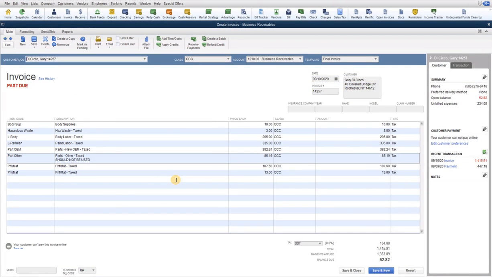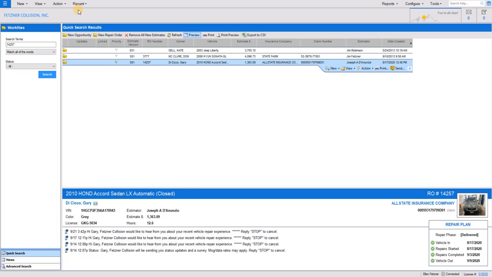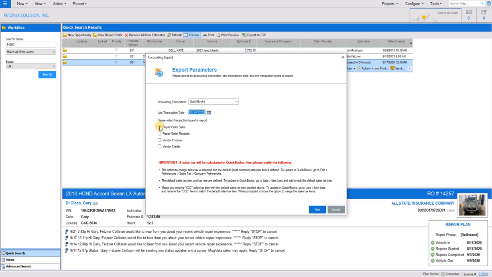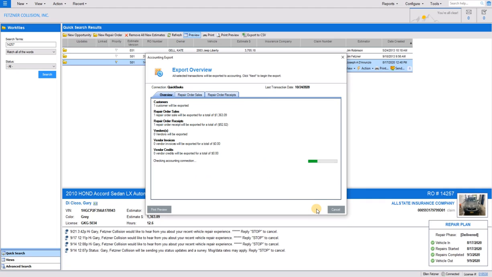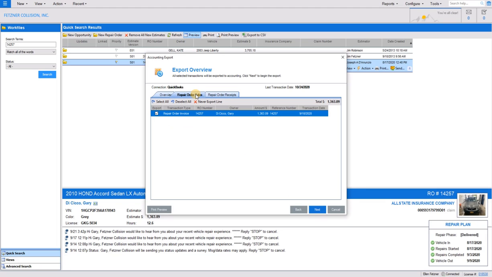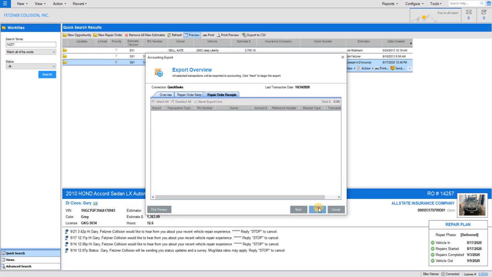Go back over to CCC and let's go to export to accounting. We're going to find sales and receipts in this case. So there's our corrected sale. And let's get over to the repair order receipt. I don't want this to come over. I don't need it to come over. So I'm not going to ever export it. So we want to click this never export line for this item. And so now I'm going to send the sale over